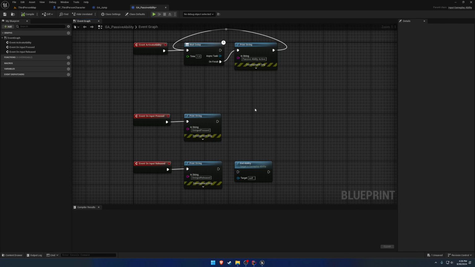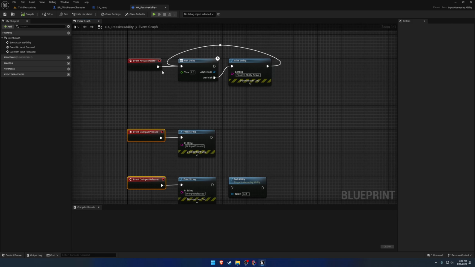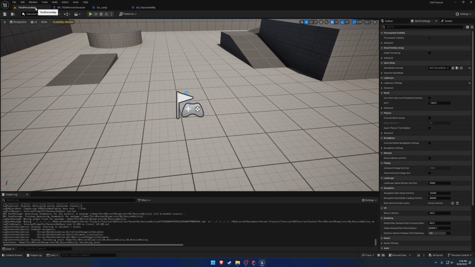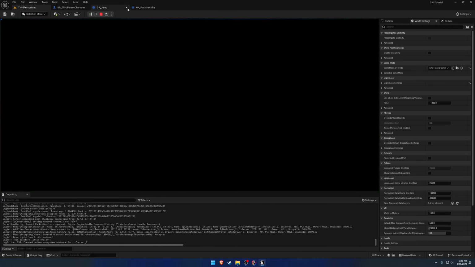In this video, we want to fix a small bug regarding our input pressed and released. So here we have our passive ability, and I'm just going to disconnect the print here, so we only print out our pressed and released. So if we play as a client, and this is